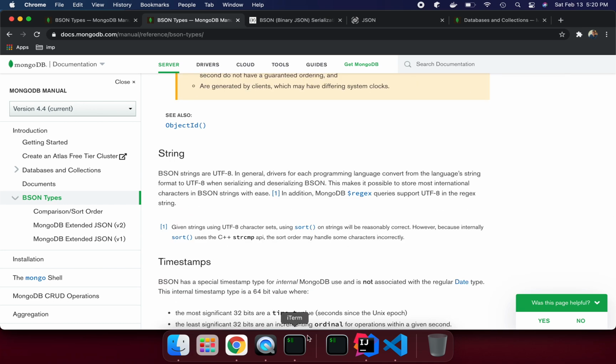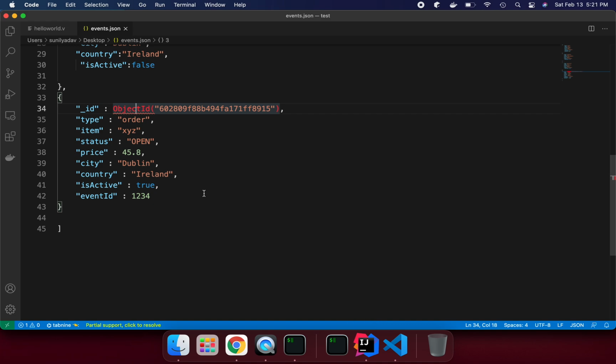So we are good now, and we can see we have stored one document successfully. Now we can say this is a unique ID generated for us. MongoDB always generates a unique ID, which acts as the primary key, and by default MongoDB provides an index on this ID. So if you want to do some operation with this ID, it is a very efficient way to do things.